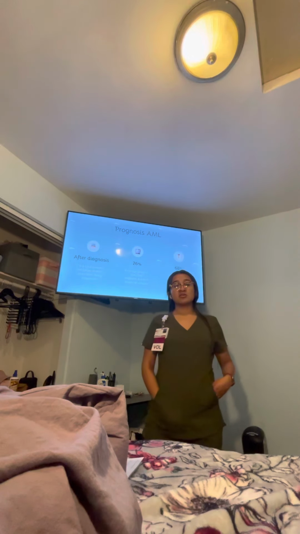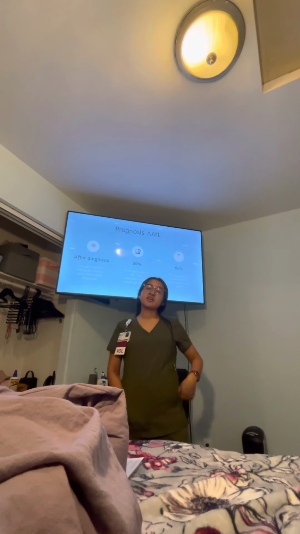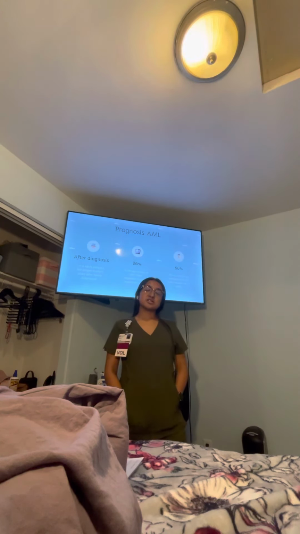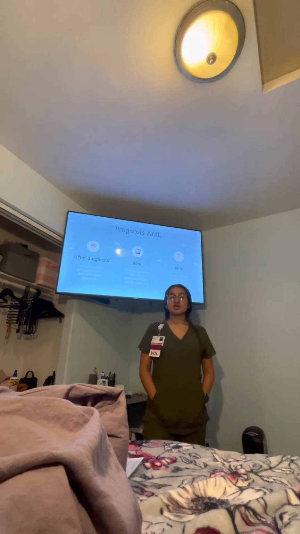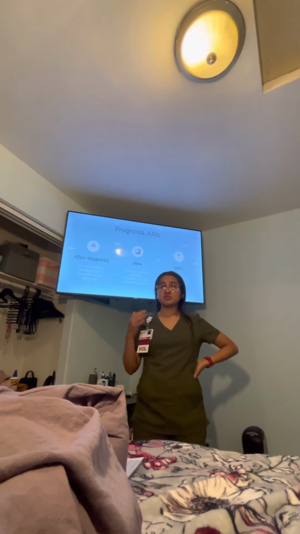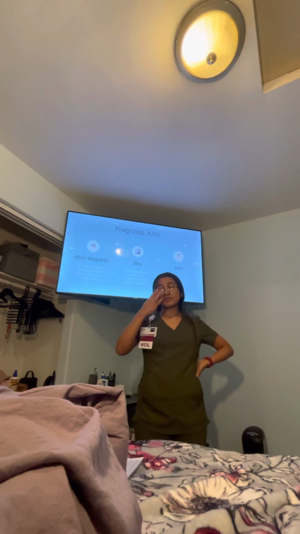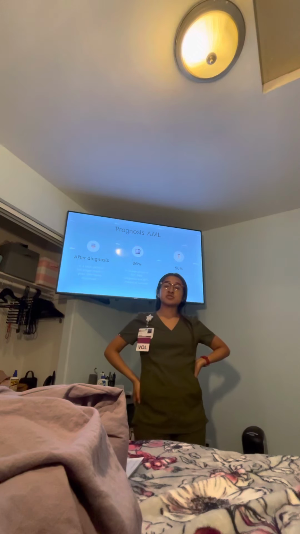Prognosis of AML. So after being diagnosed with AML, studies show that 1 in 4 adult patients live longer than 5 years after being diagnosed. And your age also has a lot to do with your chances of survival. So people who are in the age group of 20 or older, which would be myself, and that age group's